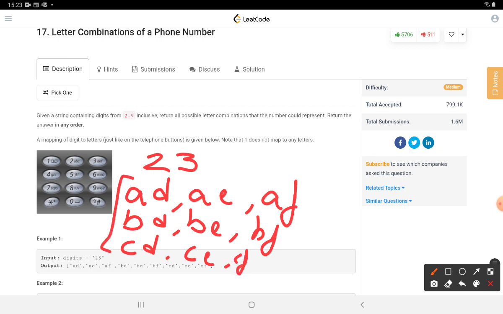So a list of strings containing all these strings would be the expected output in this case.